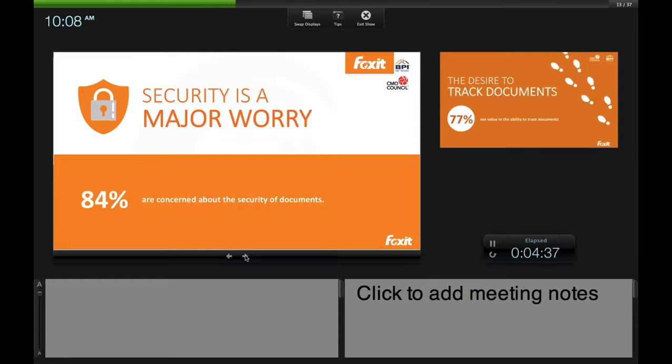And then a very big area of concern is security, and we're actually working on another study on this issue in and of itself. We hear a lot about data breaches and break-ins, but the document itself is also a very important area of concern around security. Documents contain very significant and sensitive information that can cause real harm and damage to a company if it gets into the wrong hands.